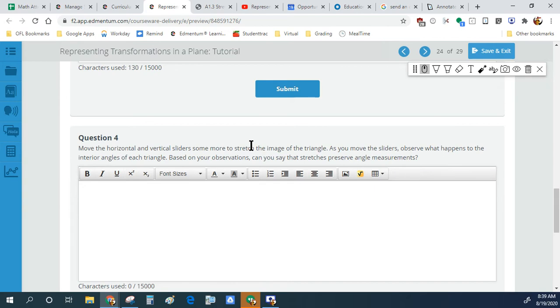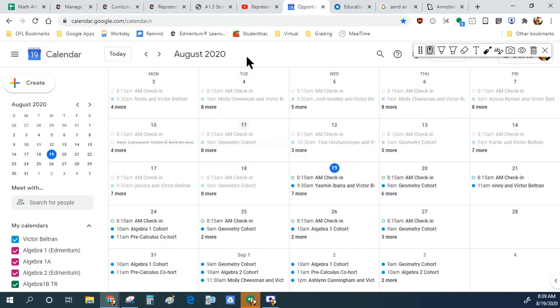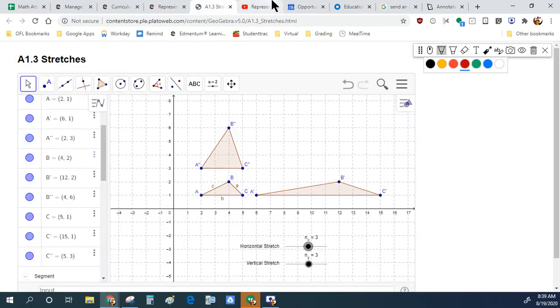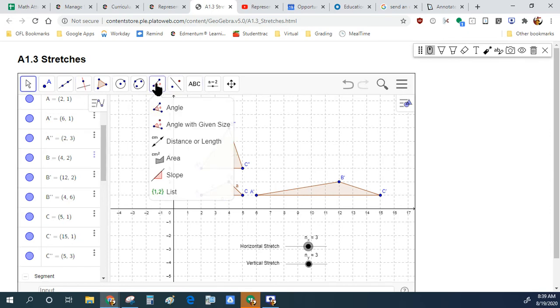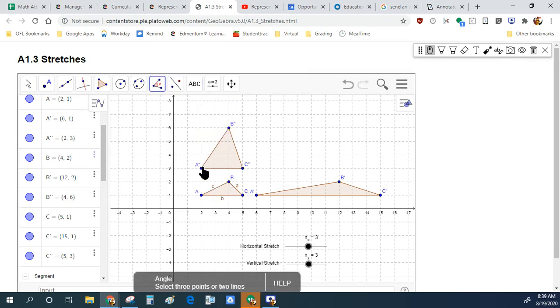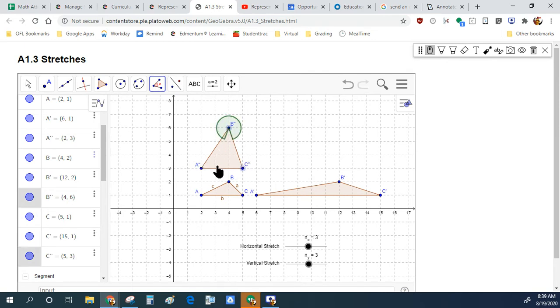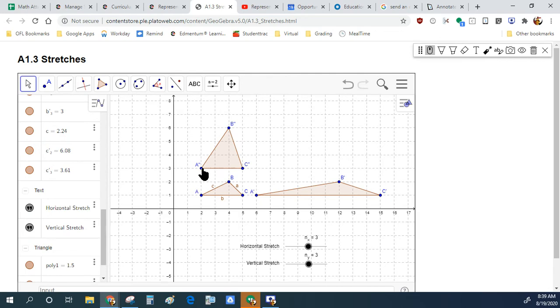All right. And the last one: move the horizontal stretch factors, select, and observe what happens to the interior angles of the triangle. I already kind of talked about this, but let me show you how you do it on GeoGebra. I'm mainly going to talk about this angle B like I did before, but let me start measuring this angle. So I'm going to go counterclockwise. If I want angle B, that is not how I do it. Counterclockwise. So I want to go from, wait, why is